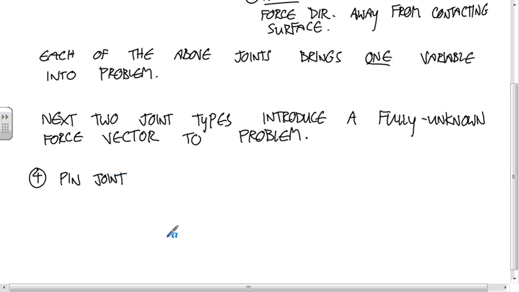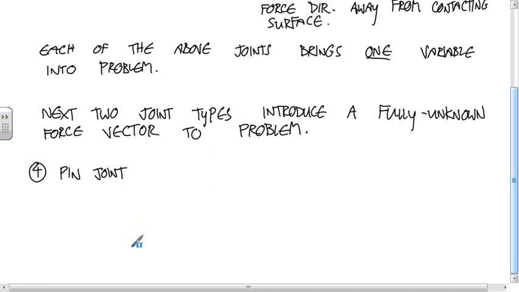A pin joint is one where the motion, so the end that's connected to this pin joint, the end of this long bar, can't translate at all. It's stuck there, but it can rotate. It's free to revolve around that. So the free body diagram would look like,